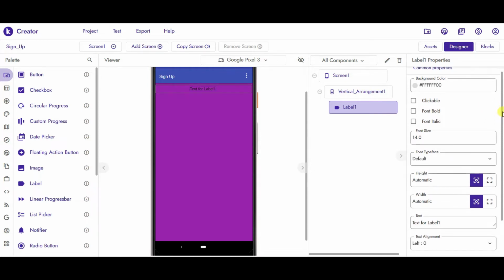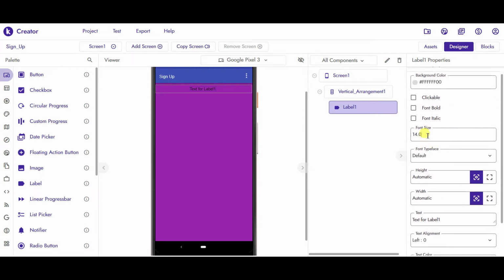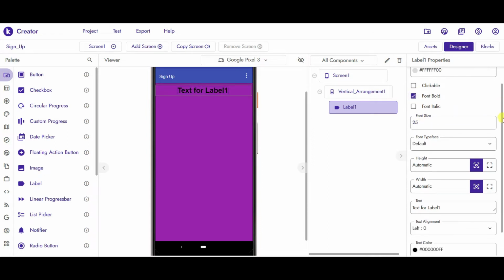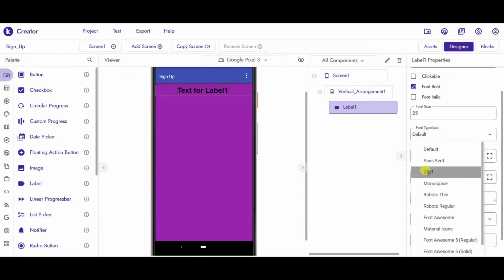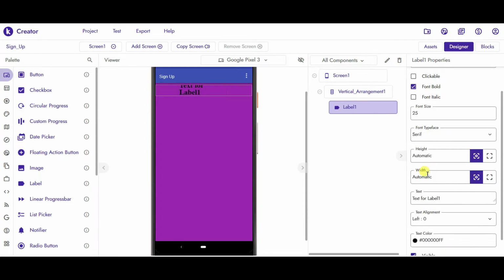Set the font size of the label to 25 and make the font bold. Set the font typeface to serif, and height will be automatic and width will be fill parent.